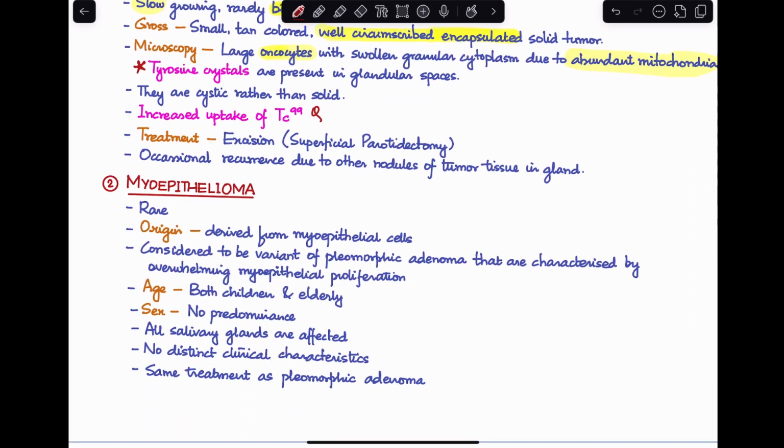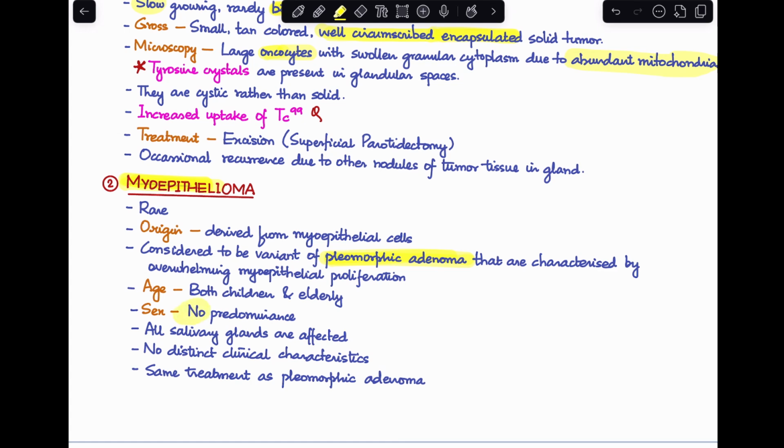As the name suggests, myoepithelioma arises from myoepithelial cells. This is a very rare tumor. At one point, it was considered to be a variant of pleomorphic adenoma because in pleomorphic adenoma, myoepithelial cells are also involved. These tumors are seen in both children as well as elderly, and there is no sex predominance